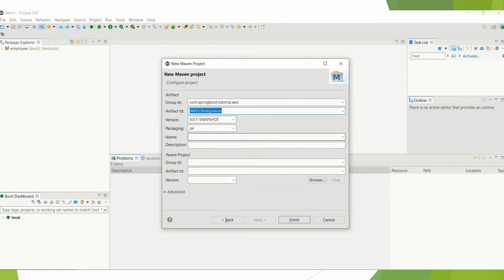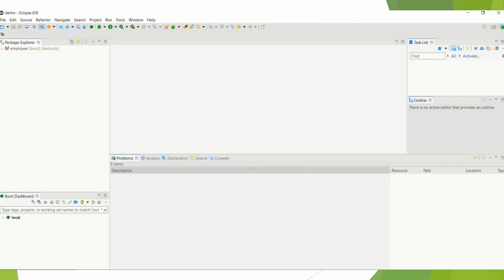Let's say the description is integration with AWS S3. So these are the details: group ID, artifact ID, package, and the name. Now let's create the project.